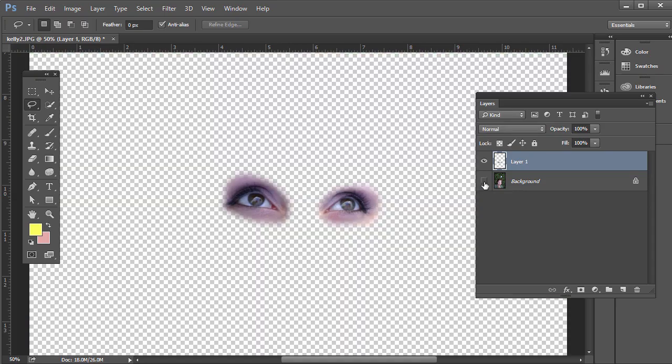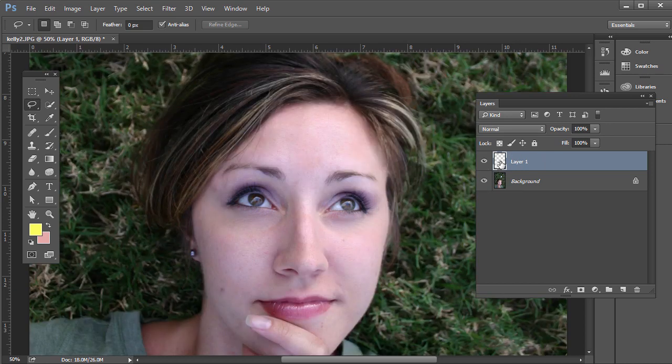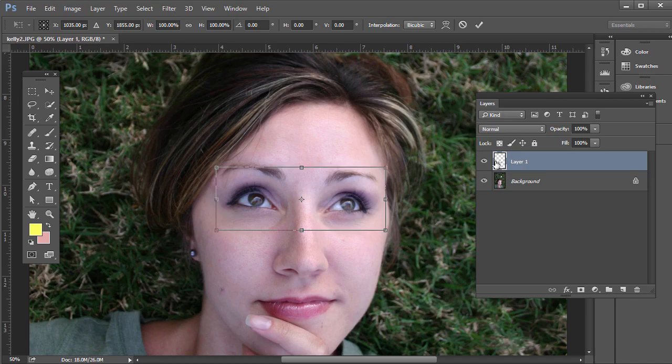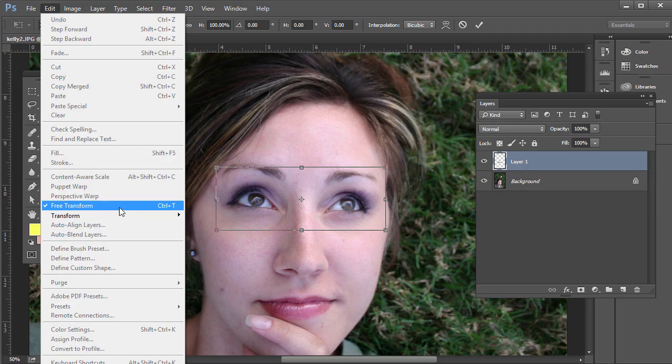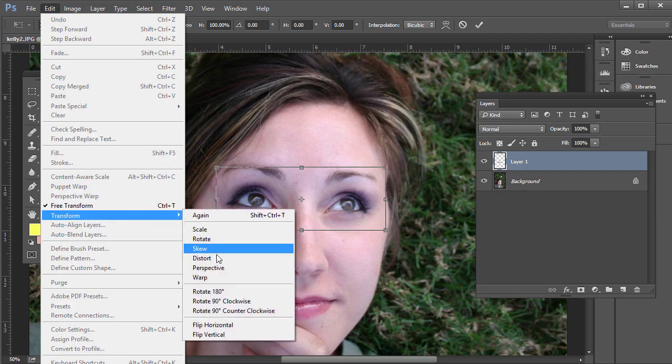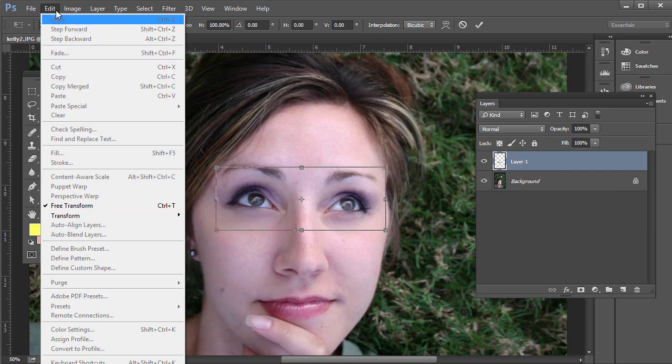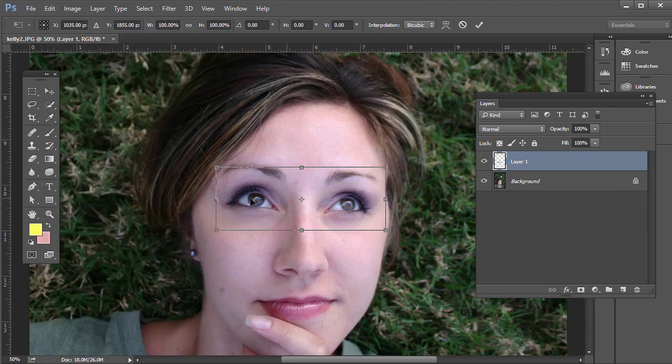And what that'll do is, you can see we now have those selected eyes on their own layer. So with this top layer selected, press Control T on the PC or Command T on the Mac, or we could go to Edit, Free Transform. And there's a couple transform options here, like Perspective, Warp, Scale, Rotate, Skew, Distort. So we don't have to do necessarily any of those. What we can do